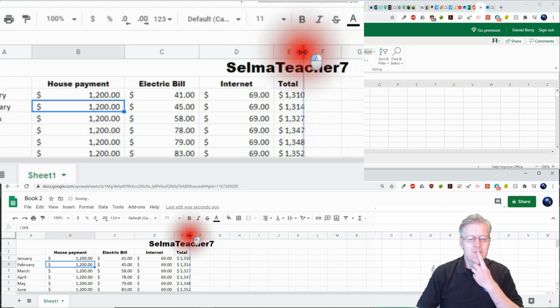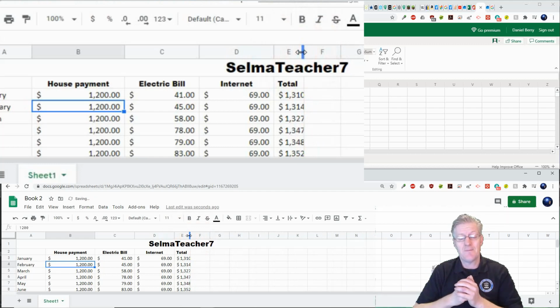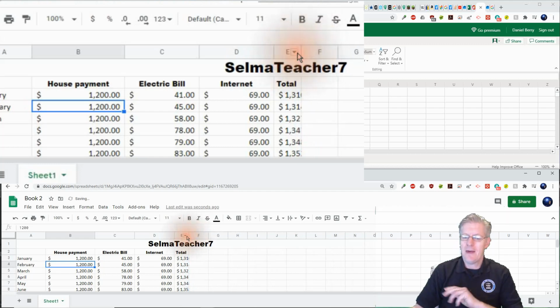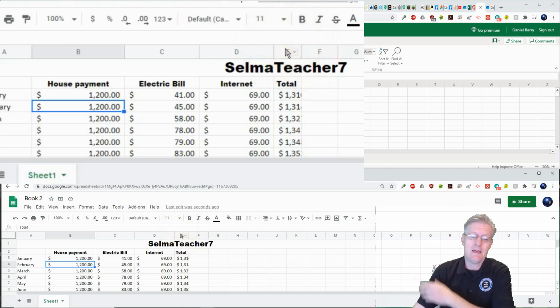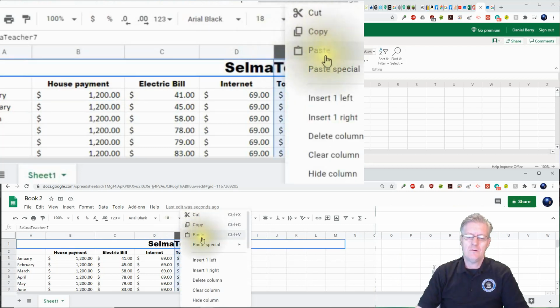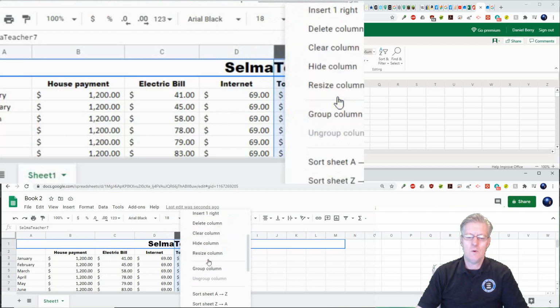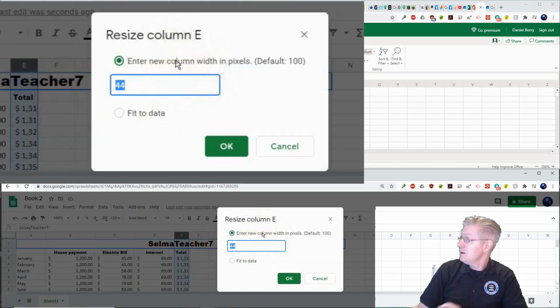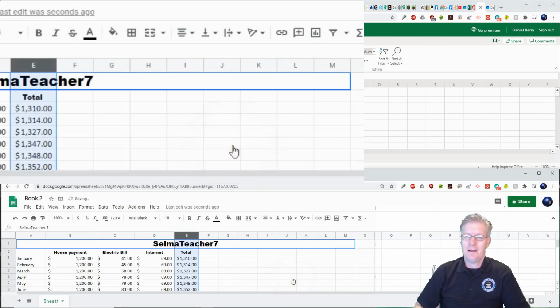And then I remember teaching in my class, I said, now if you have that happen, all you have to do is right click on the top of that column. So right there where you see it's column E, just right click it, and now go down to where it says column width, or resize column. So there's resize column. Click it, and it comes up here. So here's my little window that I'm seeing, and what I want to do is notice what it says. It says fit to data. So I'm going to click on fit to data, click OK, and it does that.